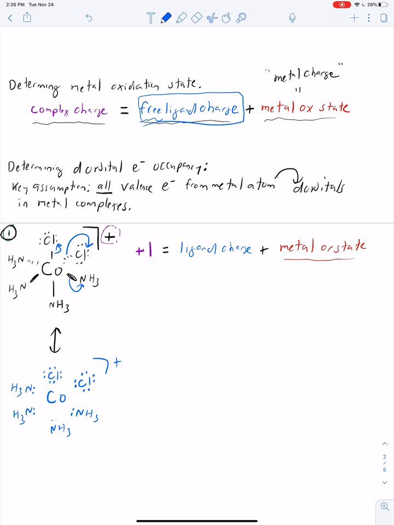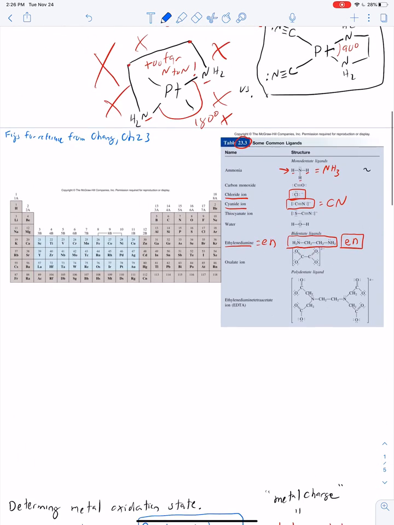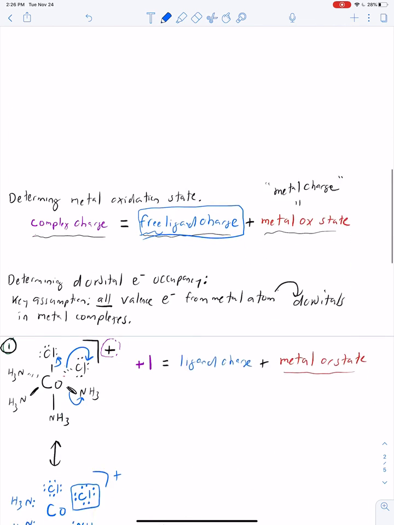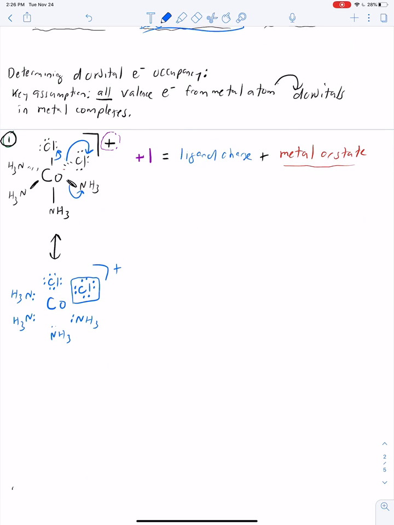So what is the charge on these ligands? You could do this by assigning formal charge. You also can just go look at our handy-dandy ligand table. So I'm going to scroll up and start by thinking about the Cl. It turns out that Cl ligand is one of the ones in table 23.3 from Klein, and it says that Cl is generally a minus ligand. So it's telling us it should be minus. We can actually confirm this. We can assign the formal charge to this chlorine. And in fact, Cl minus is